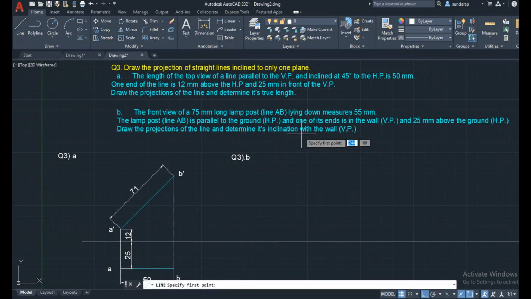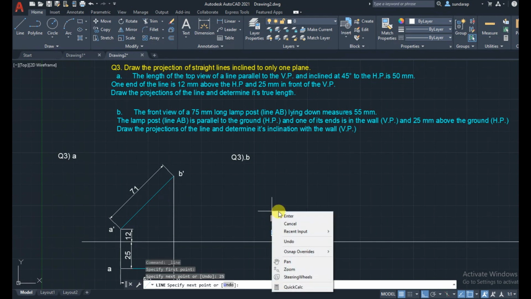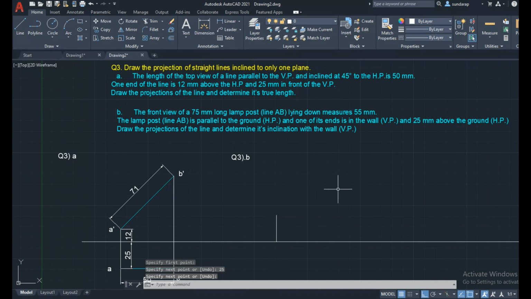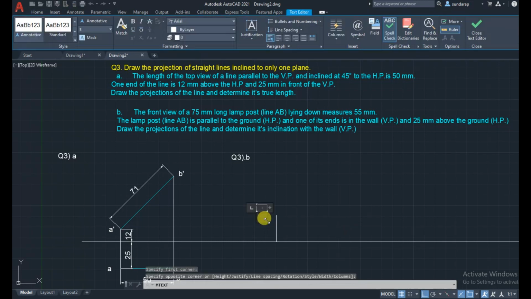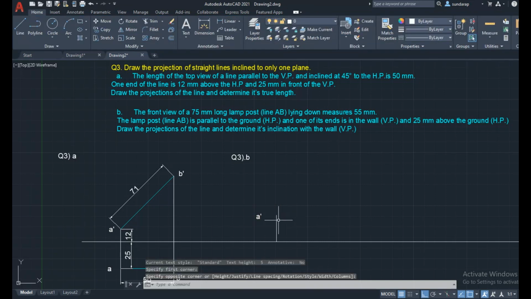One of its ends is in the wall, so consider point A in the wall and 25 mm above the ground. When looking at the front view, we obtain the point 25 mm above the ground. Consider point A in the front view, a dash, above.